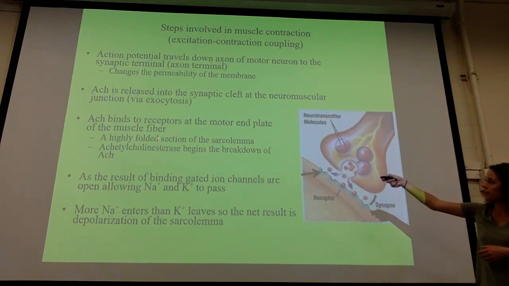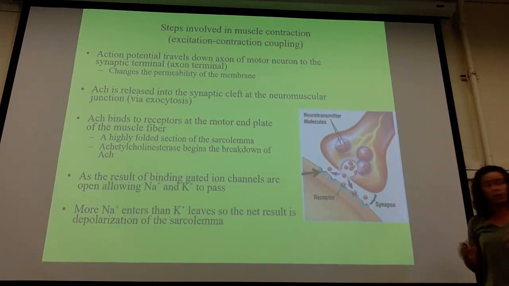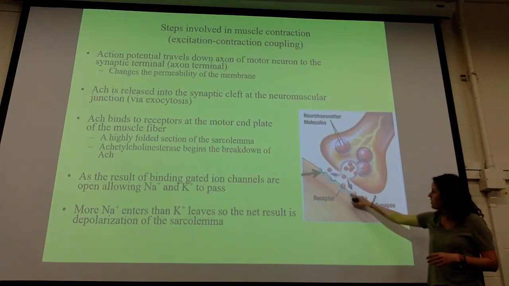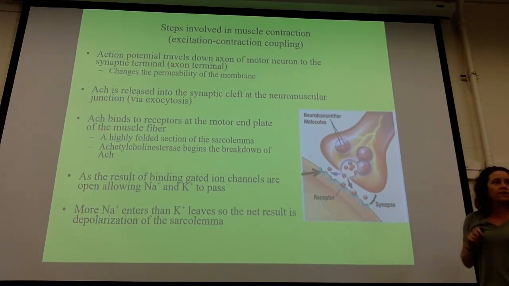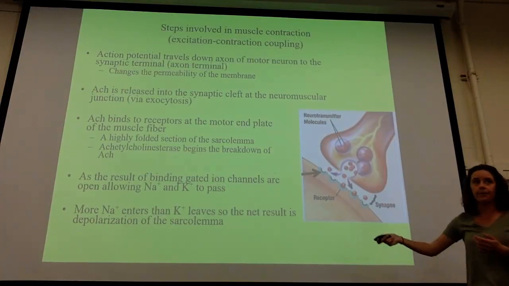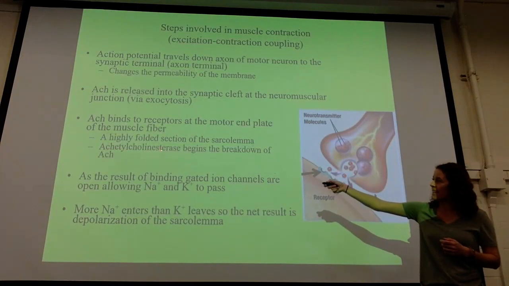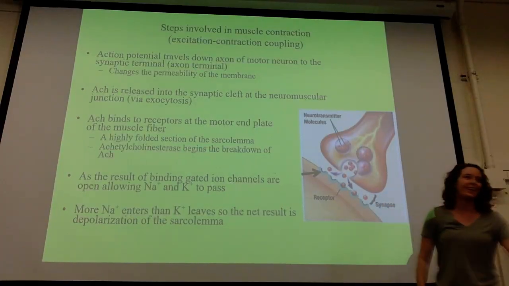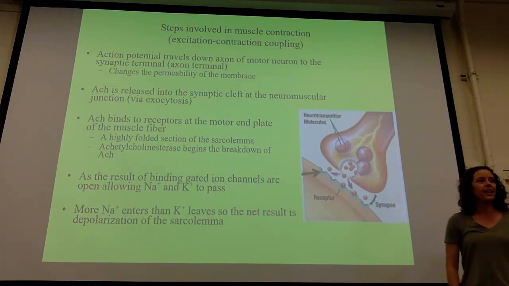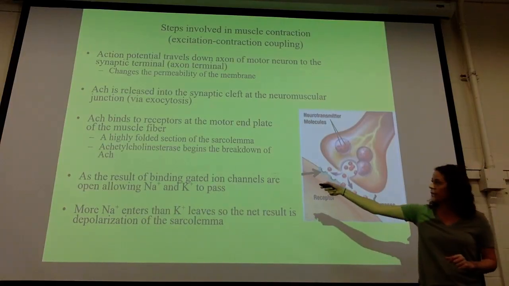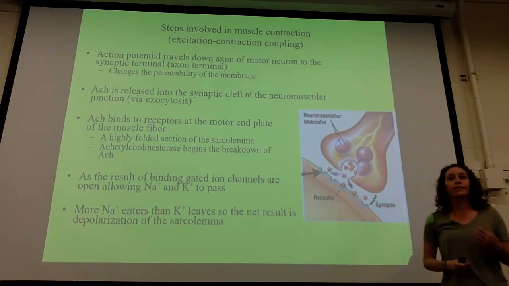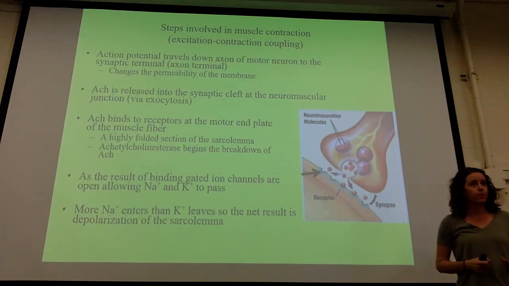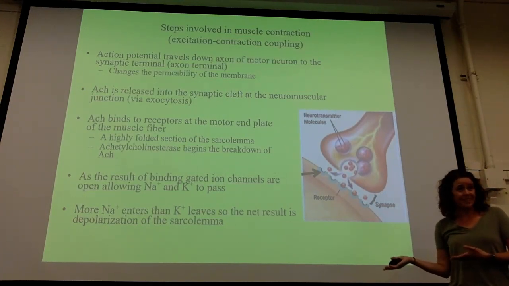Okay, so the motor end plate is a highly folded section of the sarcolemma where we have the receptors. Once that acetylcholine reaches its spot in the receptor, it starts being broken down. It's broken down by an enzyme called acetylcholinesterase. I know, who names these things? Anytime you see ACE, ASE at the end of a word, that's a clue that you're looking at an enzyme. So then the word does make sense because